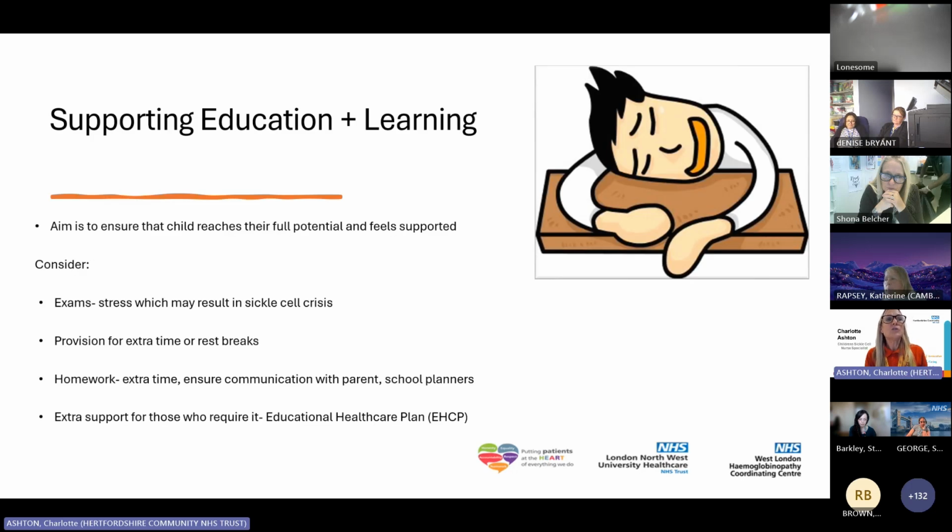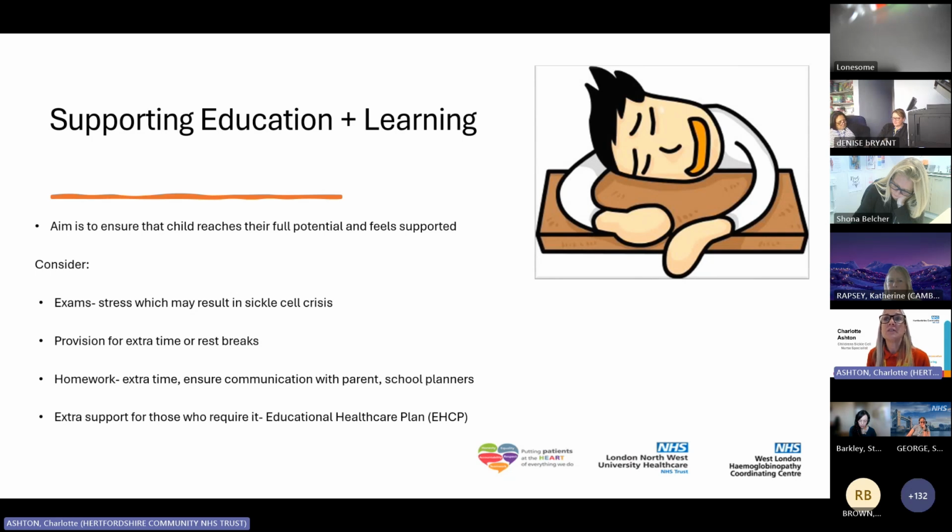Our aim is to ensure that the child reaches their full potential and feels supported while at school. We know that stress can be a trigger for a painful crisis, and this could be a new school, a new teacher, falling out with friends, a spelling test. We know that exam stress can generate a crisis, so we need to minimise this. It's important to recognise the impact and put strategies in to minimise the risk. So please, can you consider provision for extra time, rest breaks,